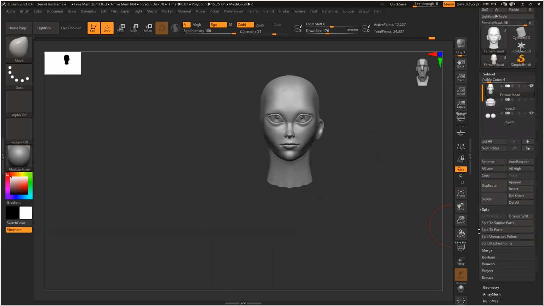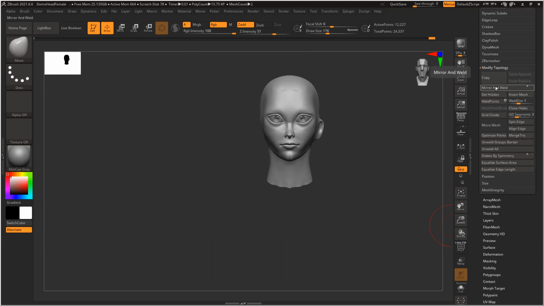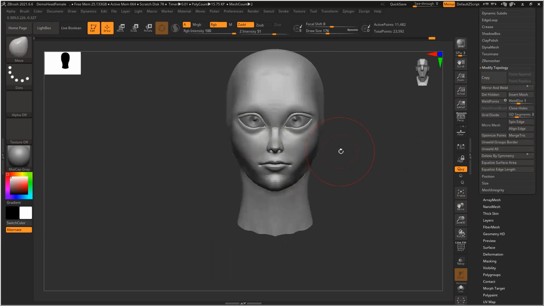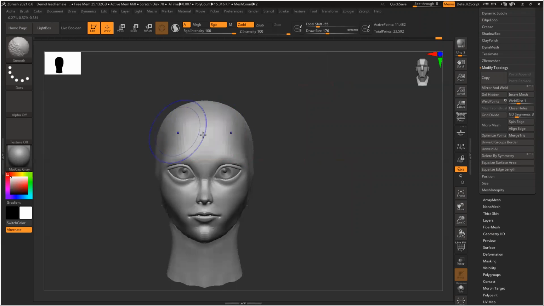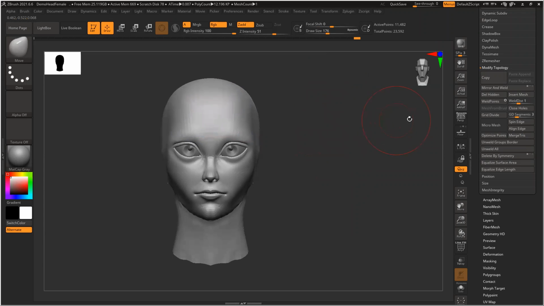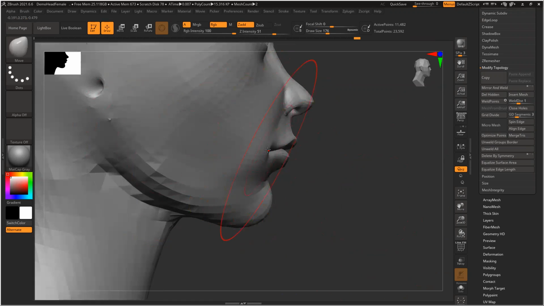Once you create this, then go to geometry, modify topology, mirror and weld. That thing is gone. Now we have this kind of character, but unless you create the accessory or the eyelashes or the headgear, it won't look like the character, plus it would look nice also. So push this little bit slightly.